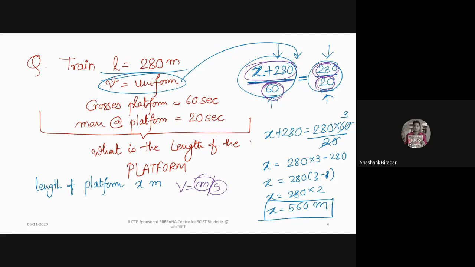That is why we have equated and put those values in the equation. So you must know what the implication given over here is. Due to the given data, as the train is traveling with uniform speed, that is why we have equated these two parameters to calculate the equations. Right? Okay.